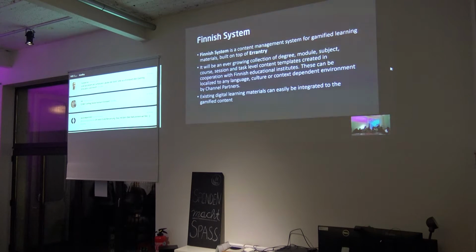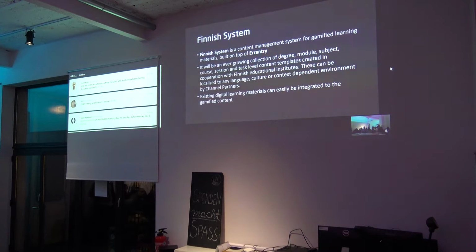And in cooperation with the Finnish Educational Institute, we are creating narrative pedagogy type of learning content in this gamified environment, and creating a sort of repository with an ever-growing collection of these.